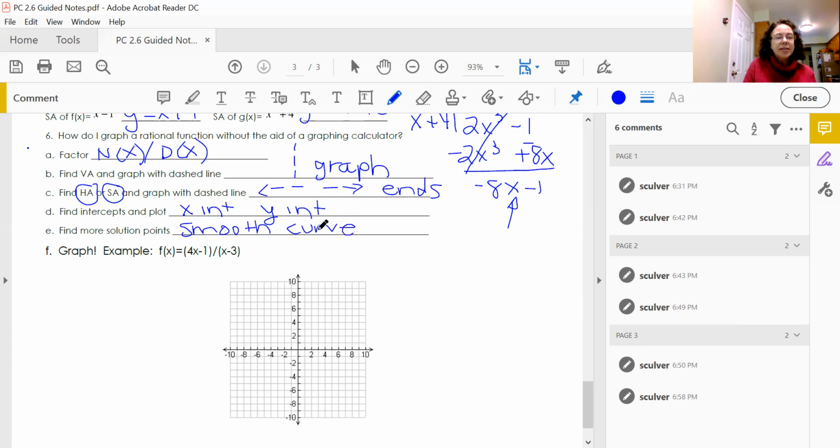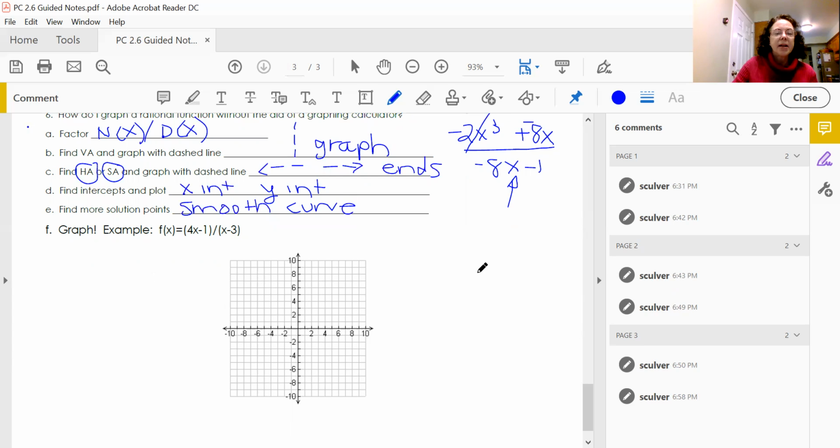Okay, so let's take a look. For example, let's do our steps here. We are going to graph (4x minus 1) divided by (x minus 3) on our own. Here we go. First of all, we're going to factor, but notice the numerator and denominator are already factored, right? So I don't have to worry about that. I checked it off. The VA would occur at x equals 3,